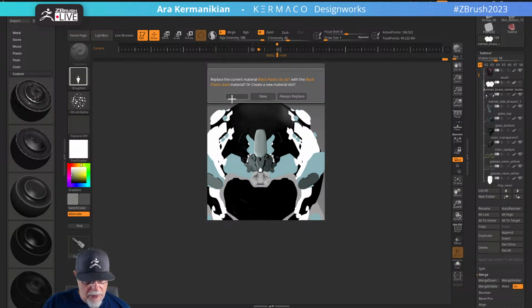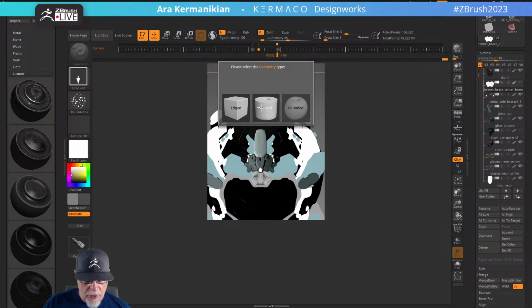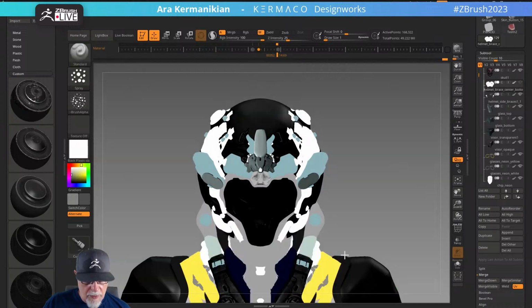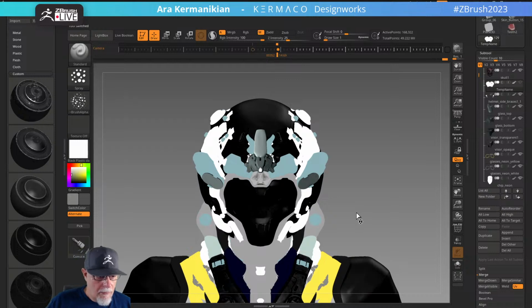All right. Just do a new material slot. I should always be doing new. And then let's just do rounded. Now the thing is, none of this really matters because I'm going to export maps, and then when I shoot